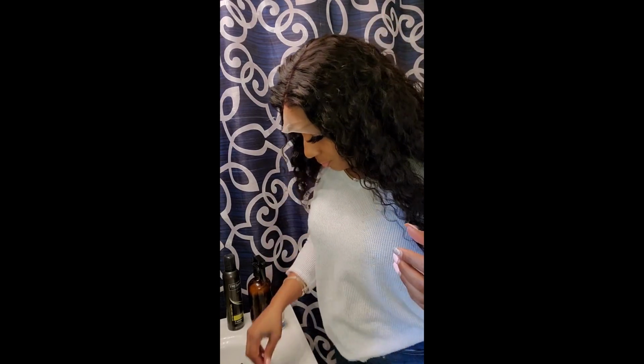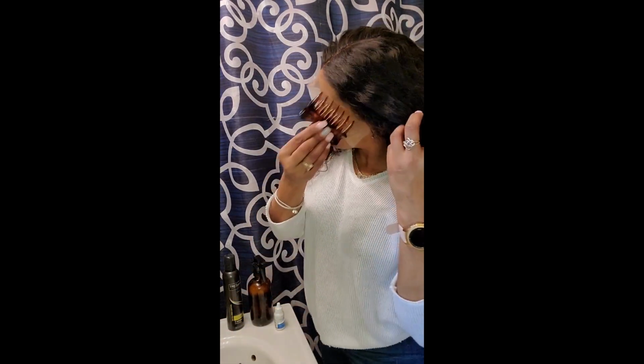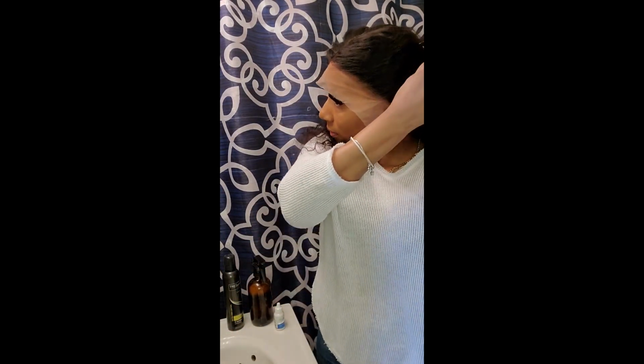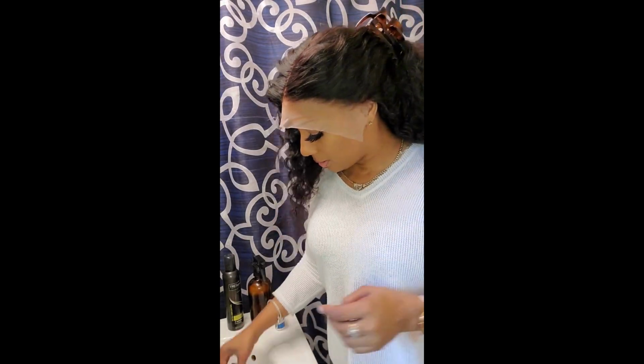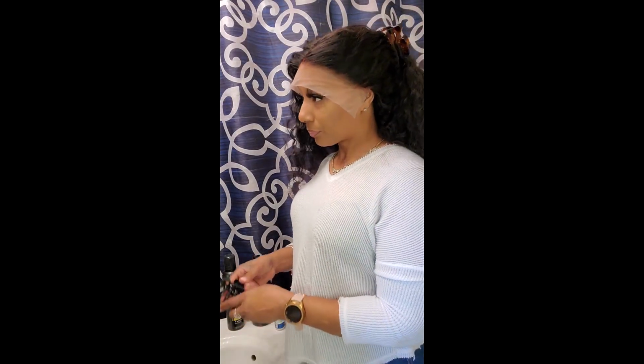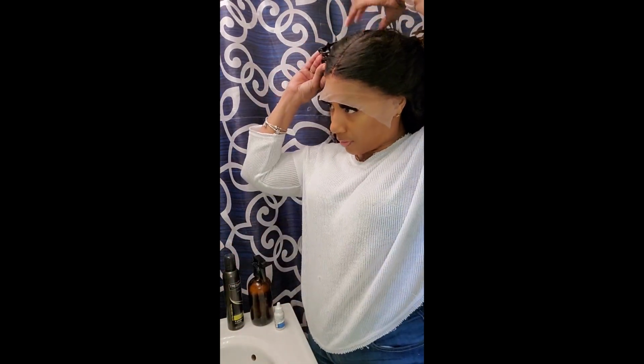However, this vendor did not, so it was a bit big, but it's okay, we can work with it. So we're gonna get her on. This is what she's looking like with the makeup. I like it. You're gonna put it on and you're gonna try to get it as much in the middle